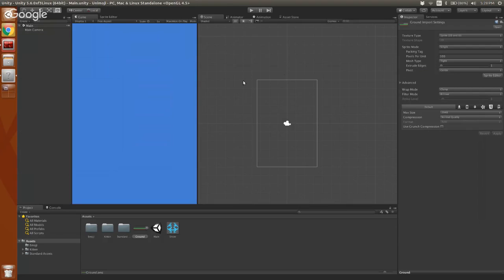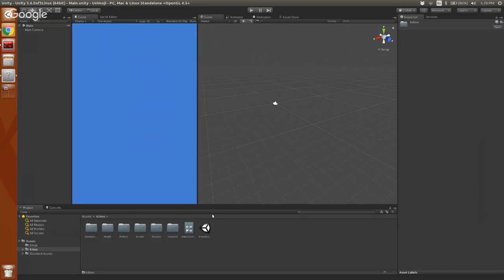So one of the things I noted in the beginning was that there's not any difference between a 3D and 2D Unity project. It just changes how your editor looks. Right now you can see this is a 2D view. It shows exactly what I'm going to be seeing. But if I hit this 2D to 3D button up here, it turns it into a 3D plane. So now I can deal with those assets we just got in that kitten package in the 3D environment. However, they'll still be rendered flat 2D over in the game, but that's fine.